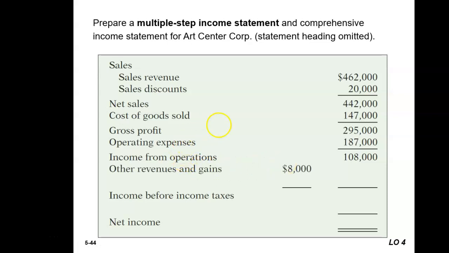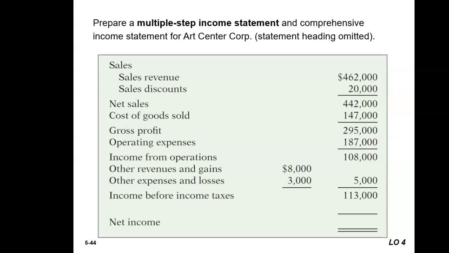All right. Next, we look at our other revenues and gains. We have $8,000. Other expenses and losses are $3,000. Now, notice we're going to net these two amounts together. Depending upon which is greater, in this case, the other revenues and gains are higher than the expenses and losses. So that $5,000 is added to the income from operations to give us income before income taxes of